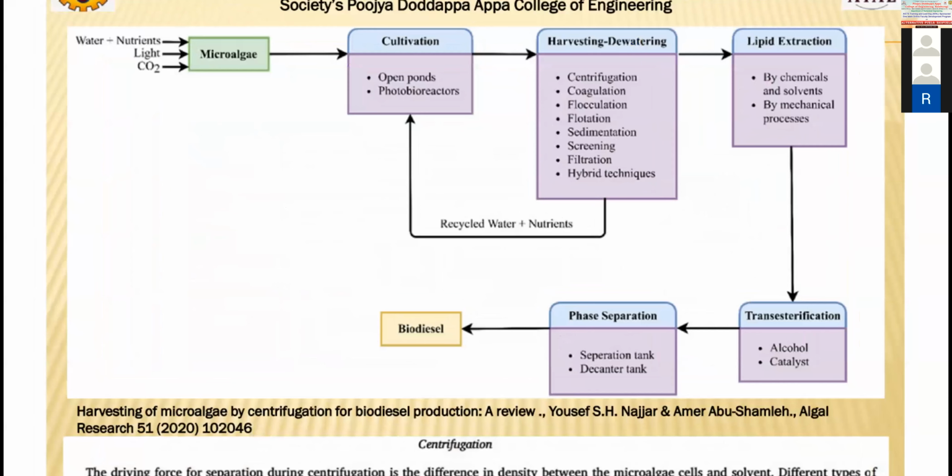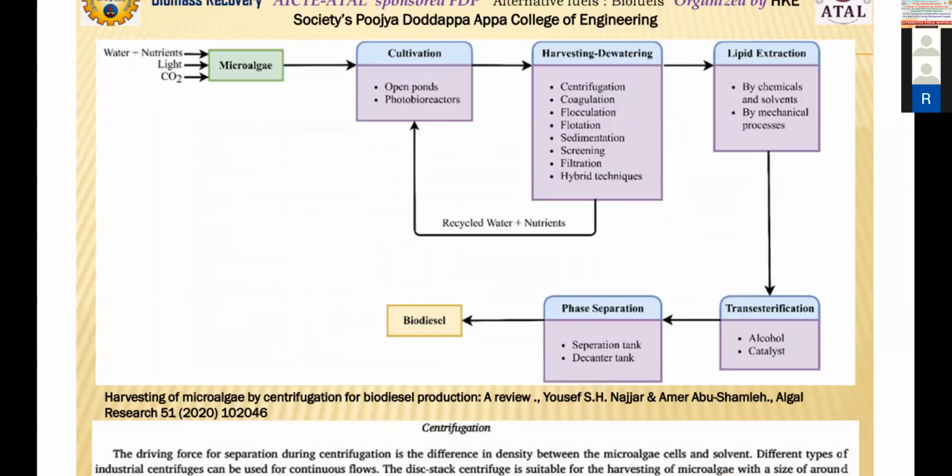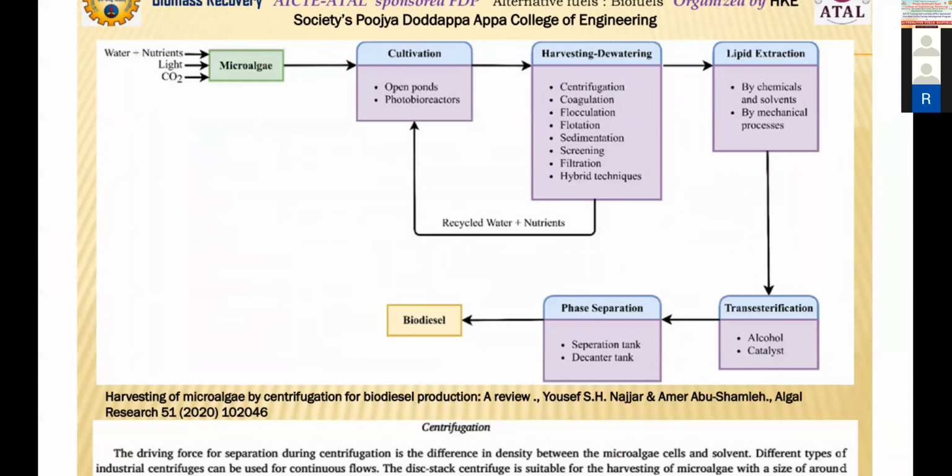Lipid is nothing but oil. Because it is biodiesel, the chemistry is not exactly the same as the petroleum molecule, which is highly volatile in nature. This is also volatile, but the chemistry is a bit different. These are generally long chain fatty acids. Their octane number is very good. They are not as inflammable as petroleum, but with some specific adjustment in the combustion system, we can definitely use it.